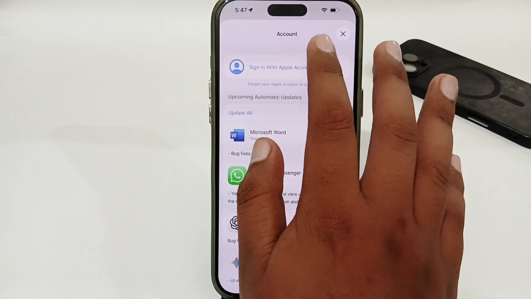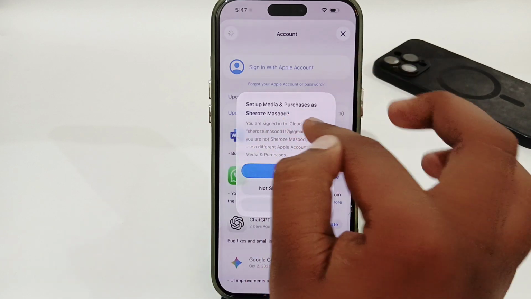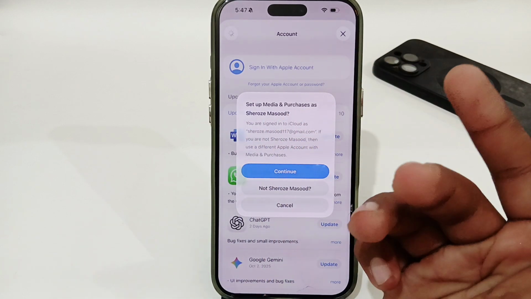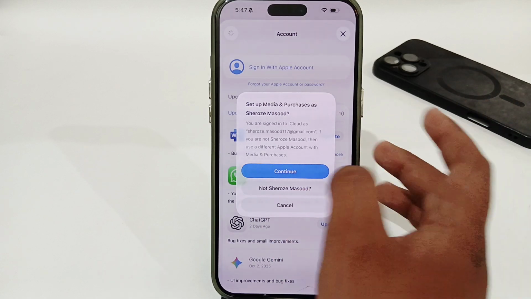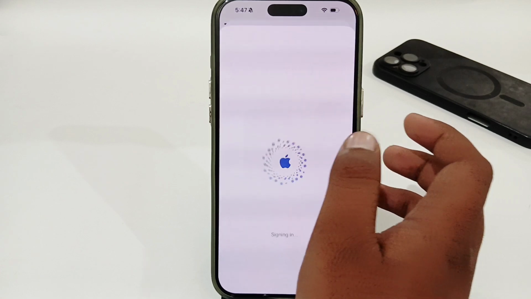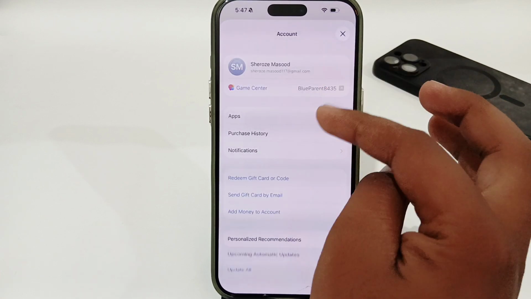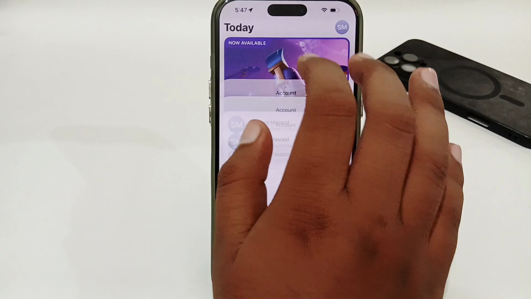Then tap on Sign In with Apple Account, and here select Continue if you want to use this account, or if you don't want to use this account or want to log in with another account, simply select the Not option. I'm going to select the first one, and after that your account will be logged in. Once you have logged in with your account, simply tap on your account here,